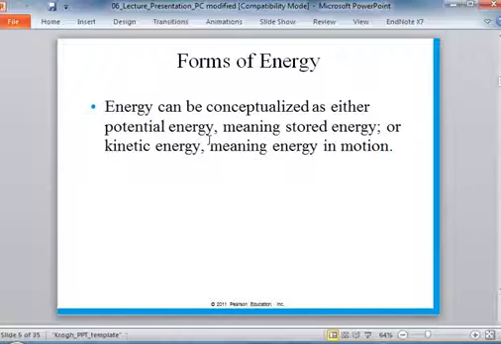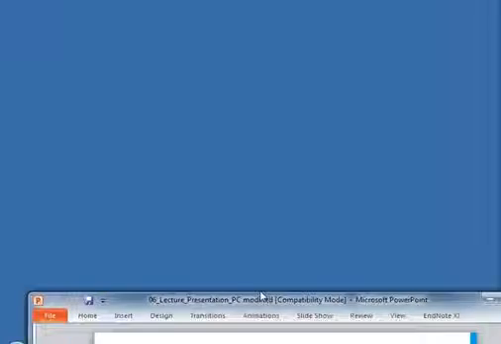Okay, so energy can be conceptualized as having two forms: potential energy, meaning stored energy, or kinetic energy, meaning energy in motion. And we saw some of that when we were looking at our